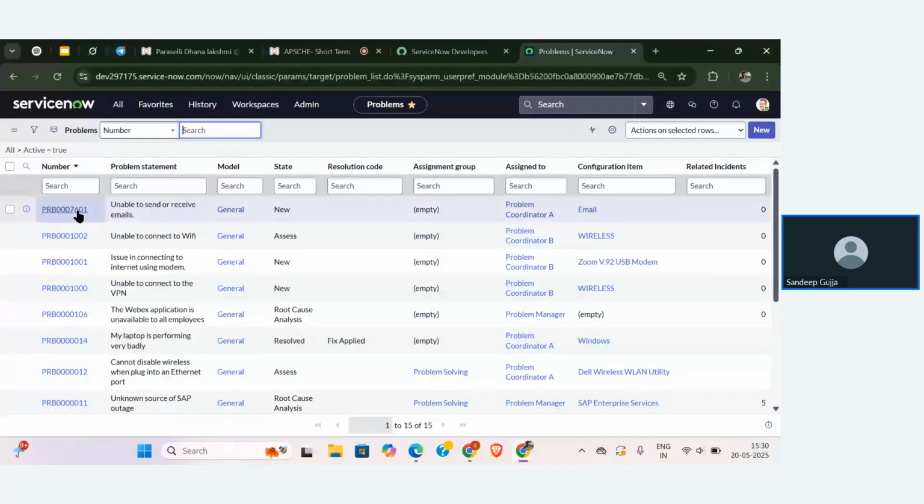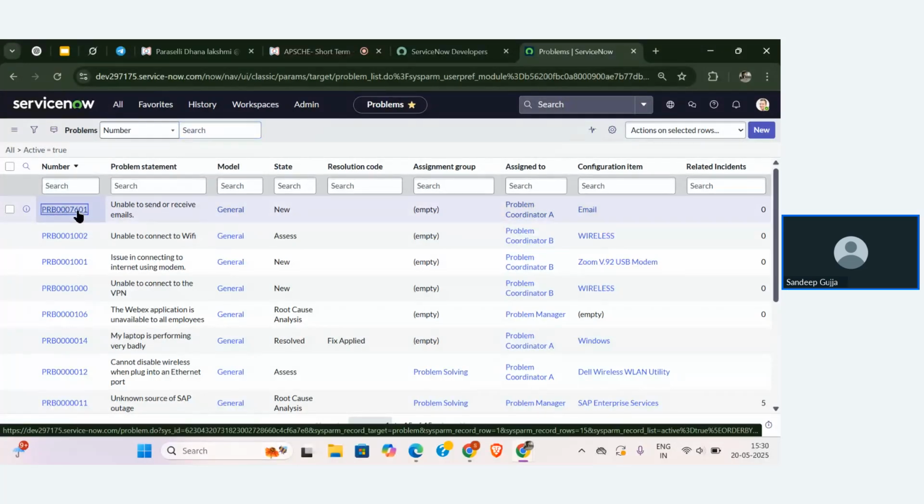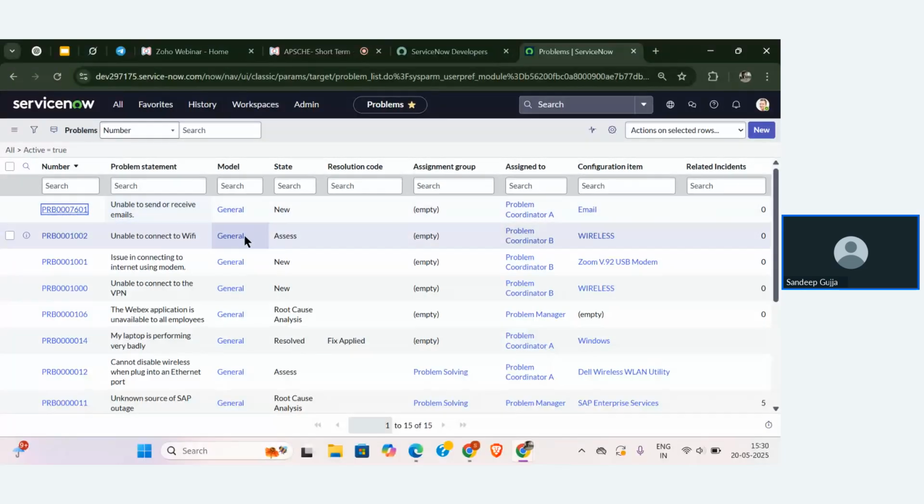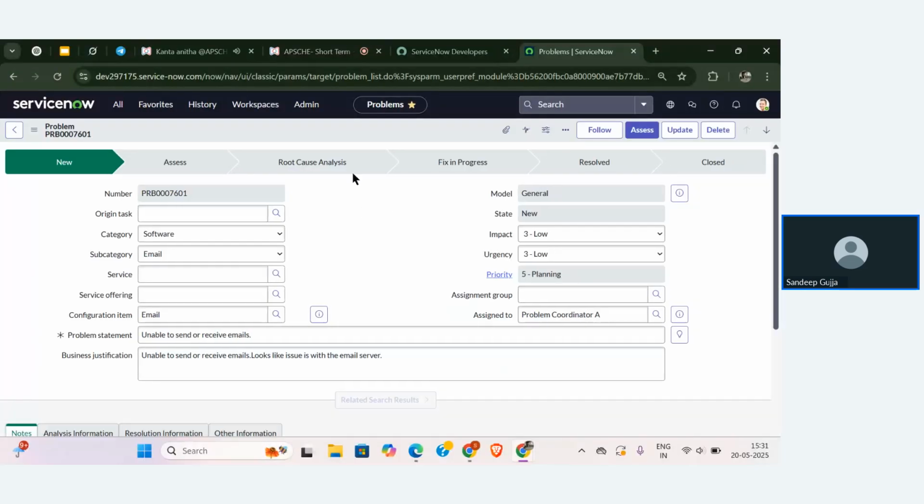If I want to favorite a record also, that is also possible. Everything is possible. If you want a favorite, you need to go to this particular thing, and then we have an option to make a favorite of it.